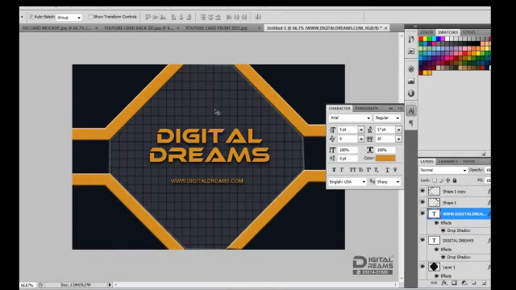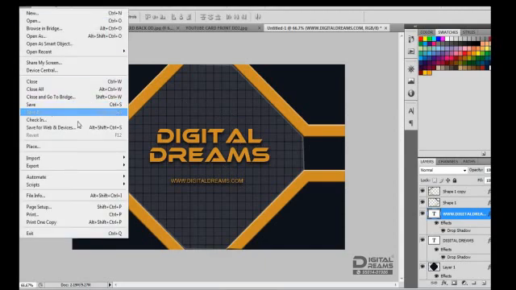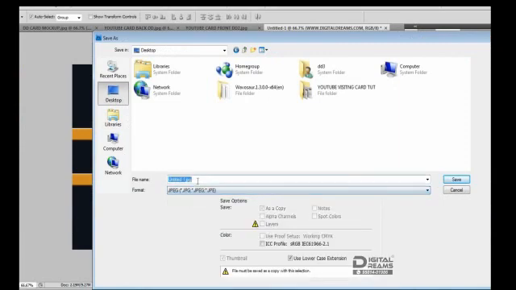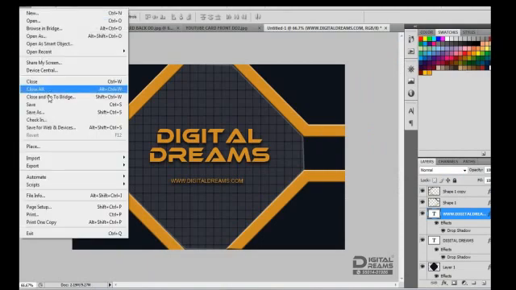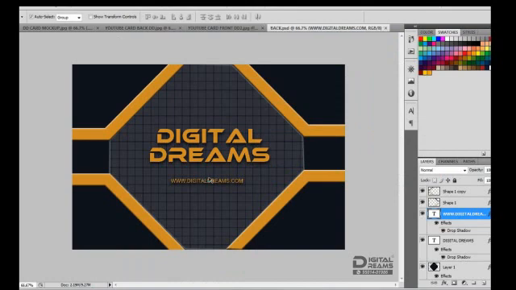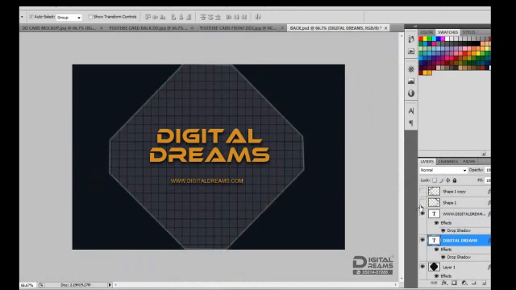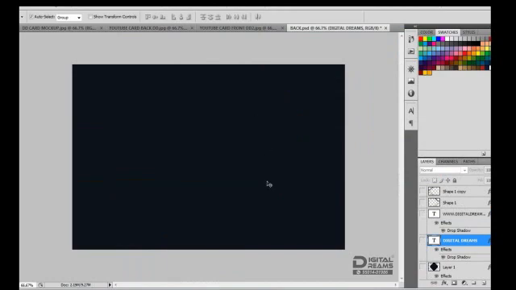We can insert a logo over here. Right now I have not created any logo, so I'll leave it at that. So this is like a front, and we'll save it as front, and then we'll save as back. So for back we will delete all these layers that we created. So we are left with this background,